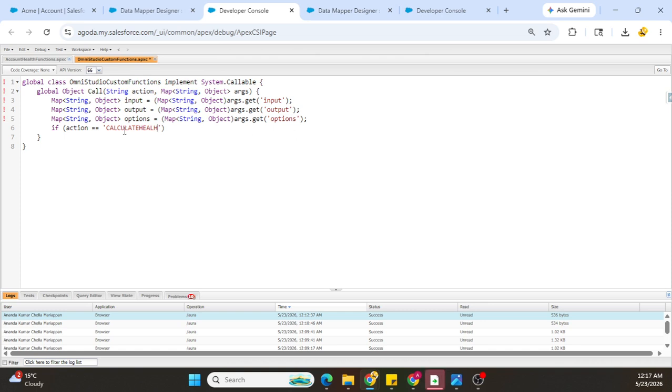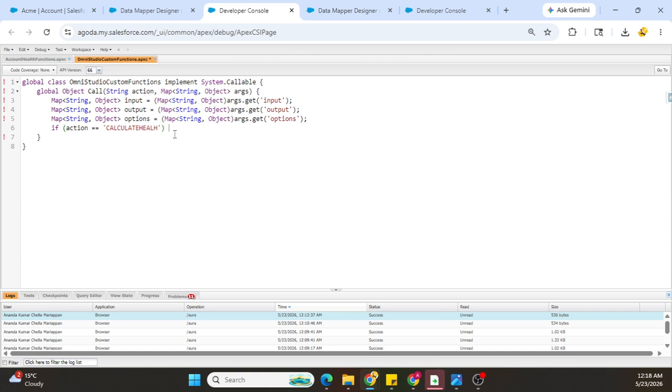So I have to pass this exact string from the data mapper, so that when it enters this call method, it will check,